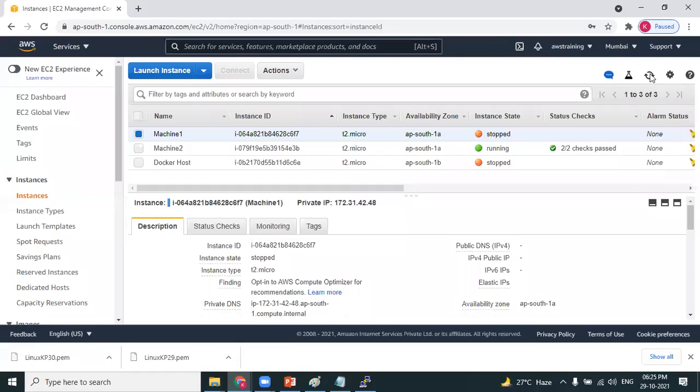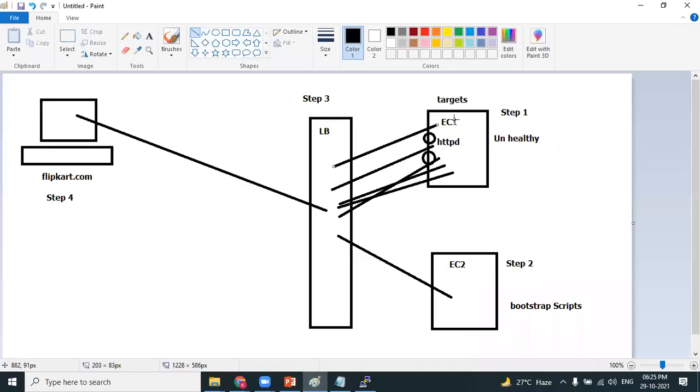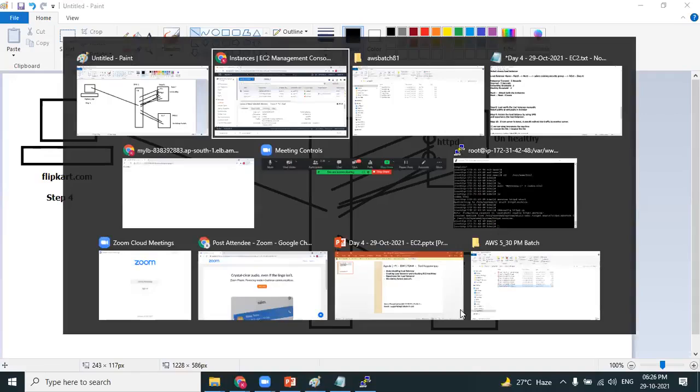Done. So the load balancer will send a ping request to the EC2 machine. It is stopped, so it will not get a reply. The load balancer will send a second request one more time because the unhealthy threshold is 2. The second time also the EC2 machine will not respond. Obviously, the load balancer will declare it as unhealthy. And then the traffic is diverted to only healthy machines. That is, even though we click on refresh now, I should get my Google 2 only. You will not get my Google 1 because my Google 1 is unhealthy. Clear about this? Yeah. Thank you very much, Bala.